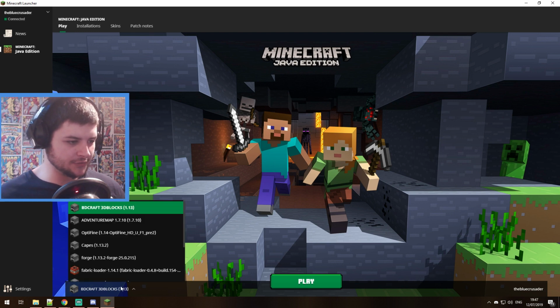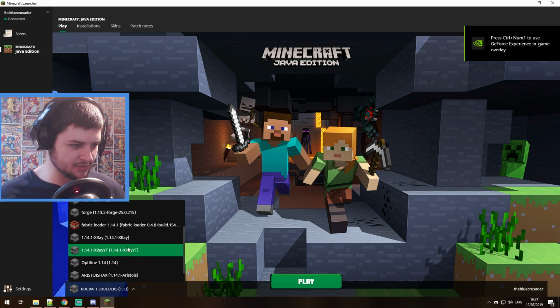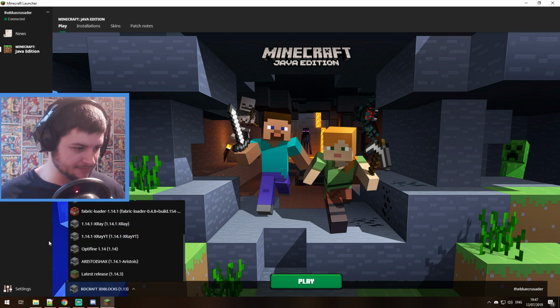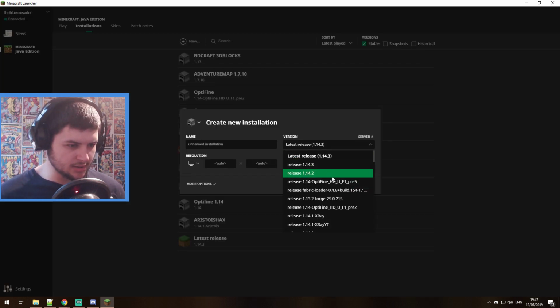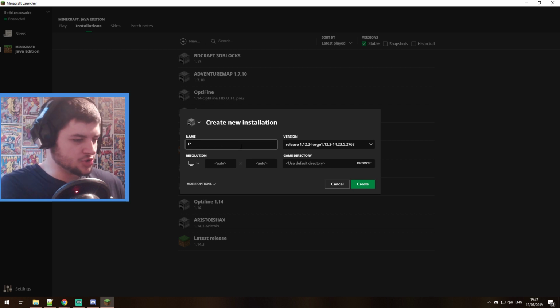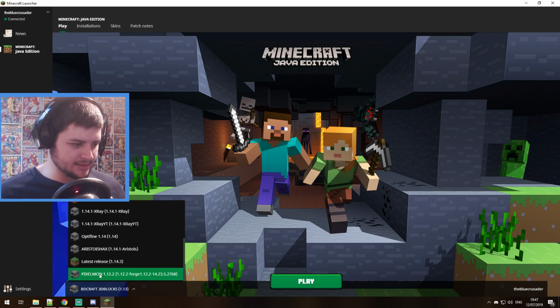And if we click on the little version here, we should be able to look for something to do with Minecraft Forge 1.12.2. It should be on there if it's installed correctly. We'll go on installations and hopefully we can find it. We'll click on new and then hopefully it should say release 1.12.2 Forge at the bottom. And then we'll just call this profile Pixelmon 1.12.2 and press enter, and then now you want to select it